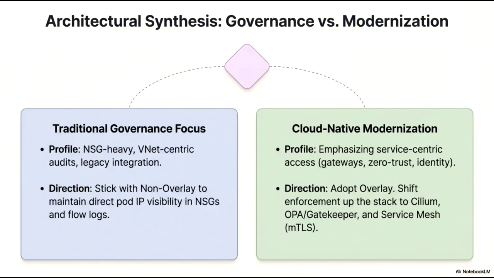This approach favors the adoption of overlay networking, shifting enforcement higher up the technology stack. By moving in this direction, organizations can leverage advanced tools such as Cilium for eBPF-based security, OPA and Gatekeeper for policy management, and service meshes to ensure robust mTLS throughout the environment. The decision between these two paths ultimately depends on whether an organization prioritizes traditional infrastructure visibility or a modern service-abstracted